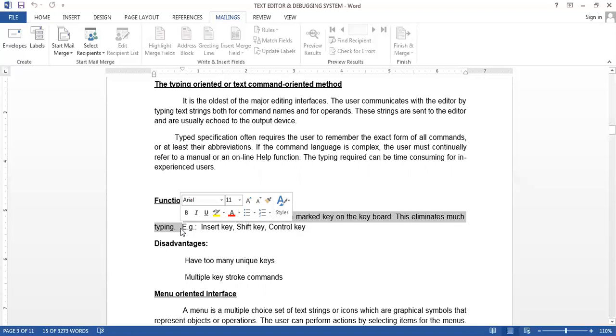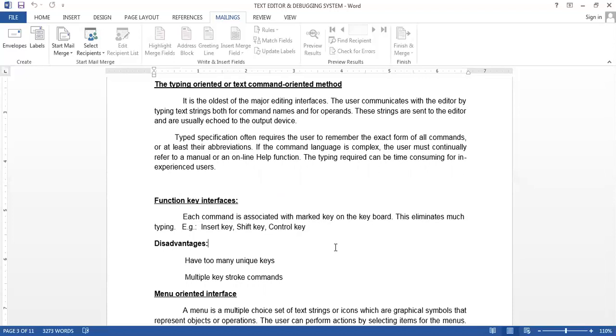We can directly use the keys from the keyboard. Mainly for this purpose, insert, shift, control and alt keys may be used to perform shortcut commands. But this has a disadvantage: we have to use so many keys, and we have to remember which key, or which combination of keys, is used for a particular command.